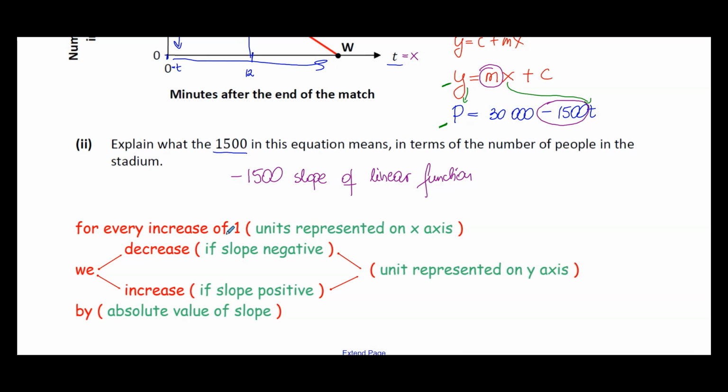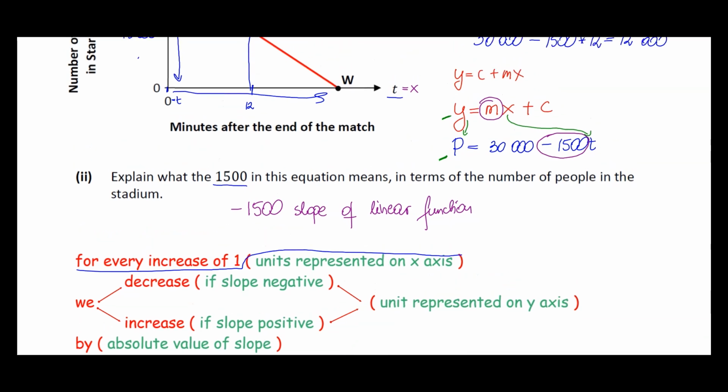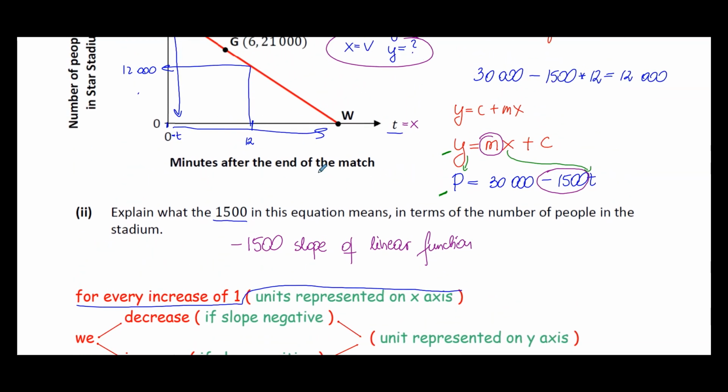For every increase of 1, and here we are putting a unit in the context of the question, what is represented on the x-axis. So in this case, for every increase of what? t means here the number of minutes. So for every increase of 1 minute after the game finished,